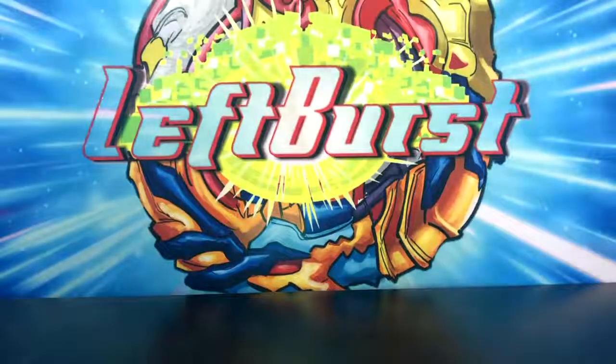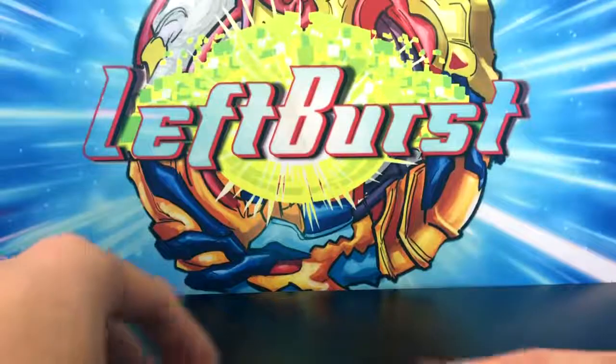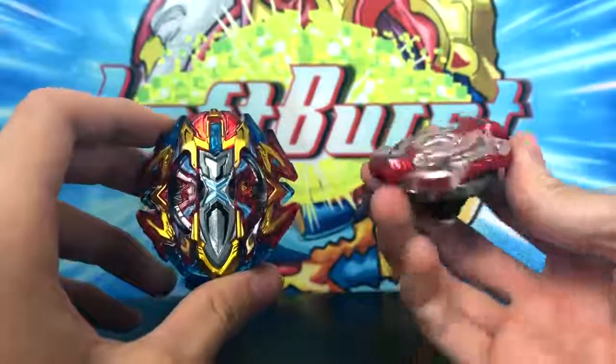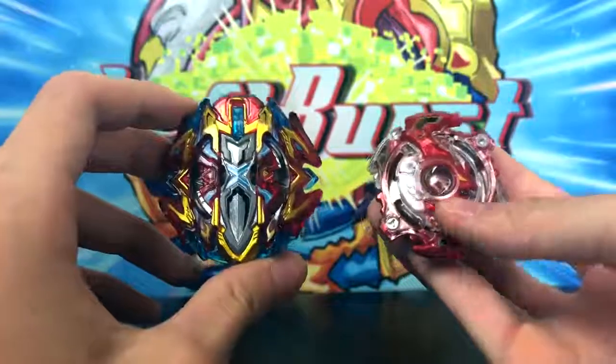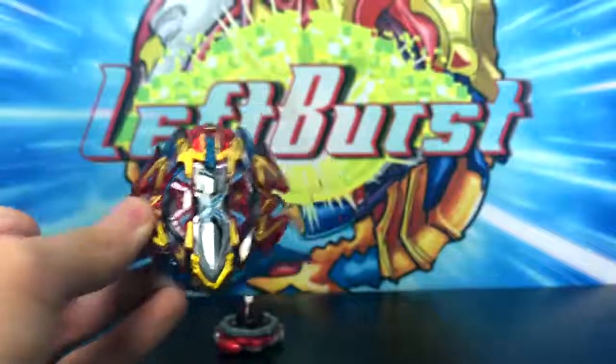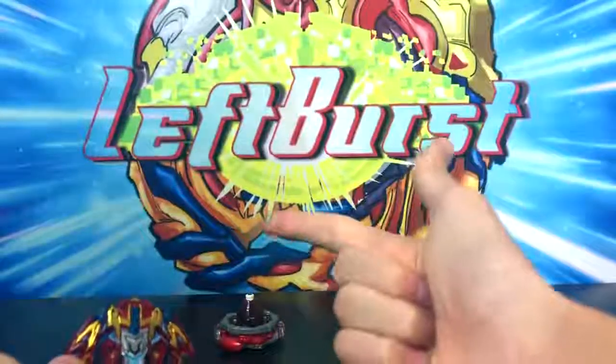Alright, so in the number 10 slot, we actually have a tie. We have Buster Excalibur and Storm Spriggan both tied for 13 points. So let's just talk about the least hyped one first, Buster Excalibur. Now again, we're going to be talking about the base aesthetic appeal, its competitiveness, and its appearance in